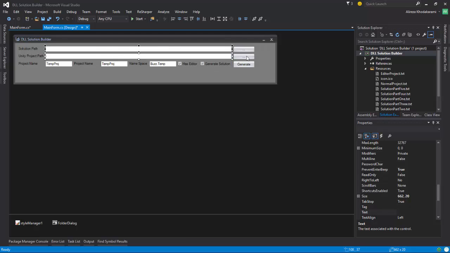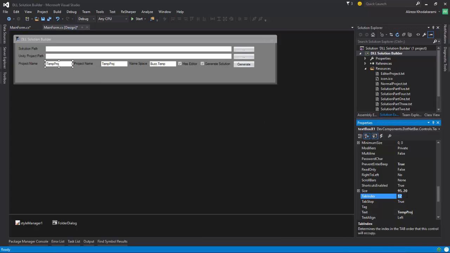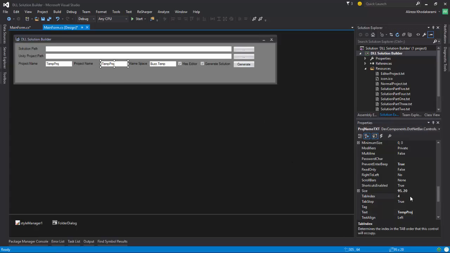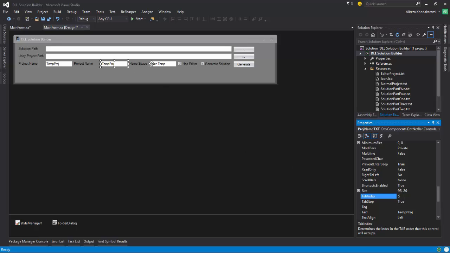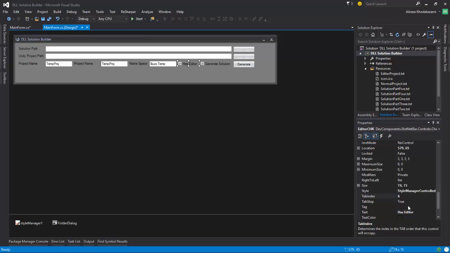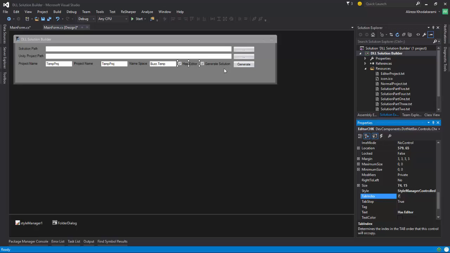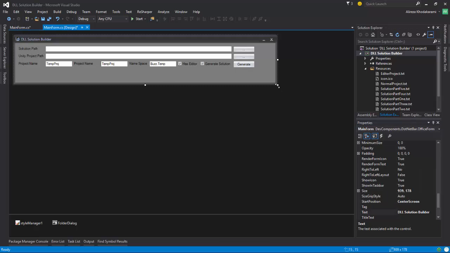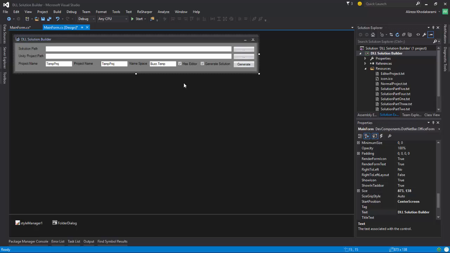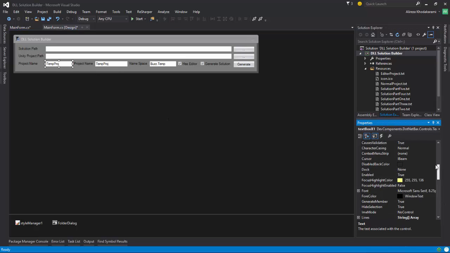And now I need to change my tab index again. So tab index 3, 4, 5, 6, 7, 8 and 9. And now you can be expanded, sir, back to the position. Good. Now I need to name this guy